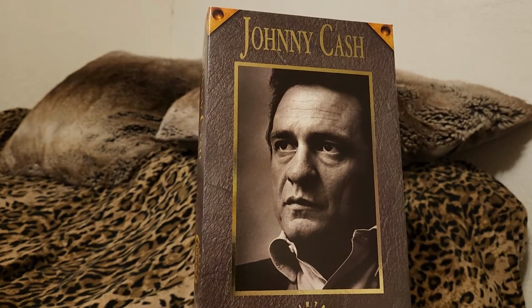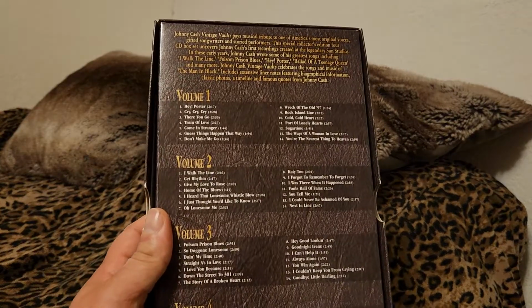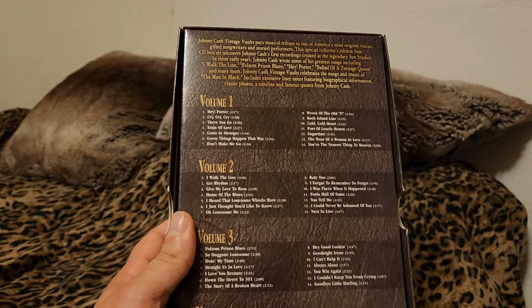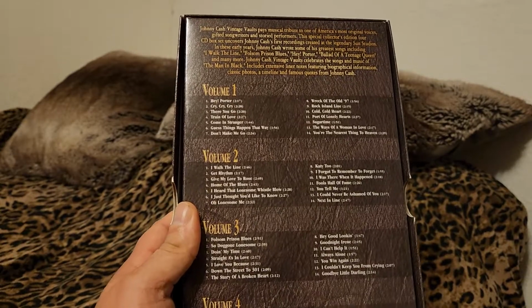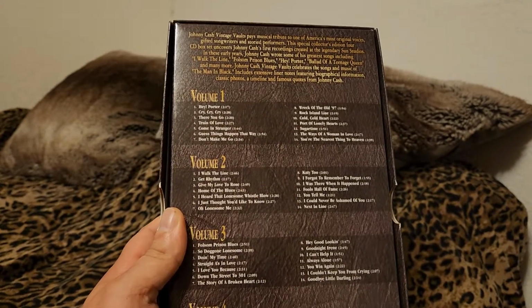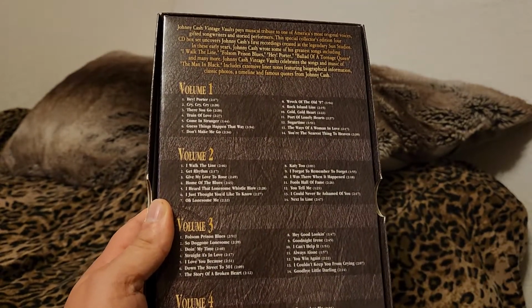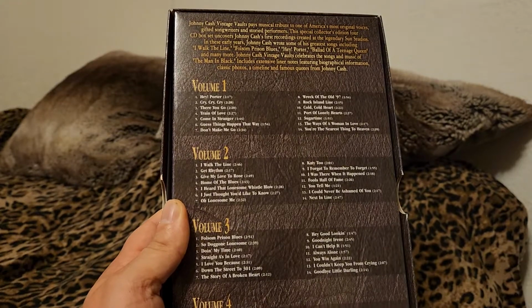It just depends on how it sounds, and I'll go from there. So Johnny Cash Vintage Vaults. I actually saw a copy of this at my local record store. Bought this at, we'll just say, a big box club store. It has a bunch of his older hits, Hey Porter, Cry Cry Cry, There You Go. A lot of the Sun stuff. Folsom Prison Blues, I Walk the Line, Give My Love to Rose,